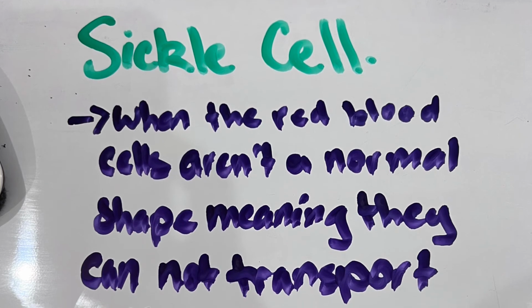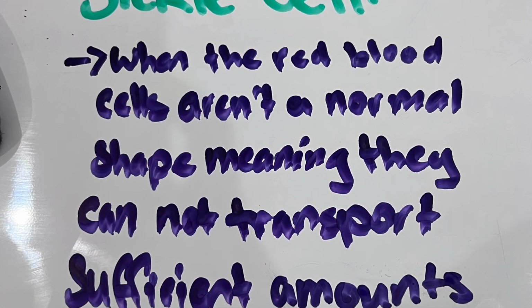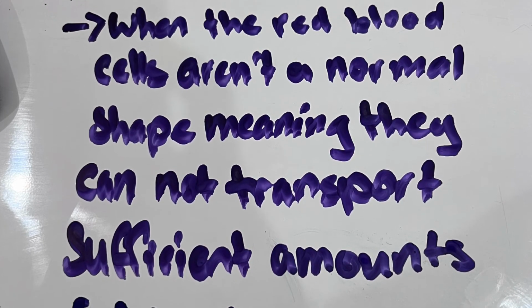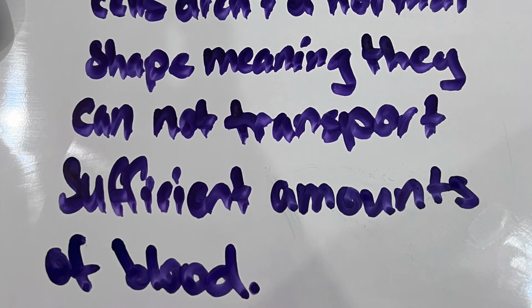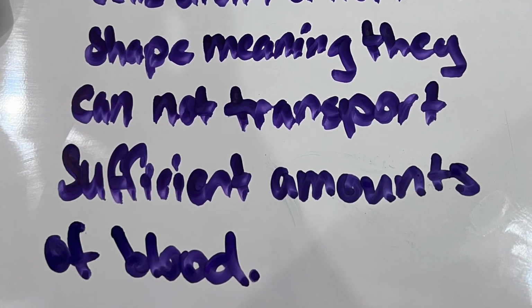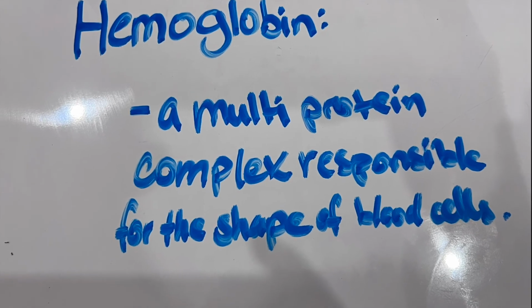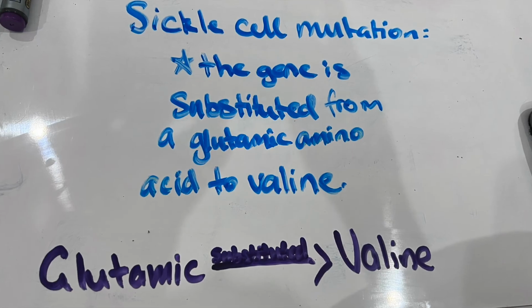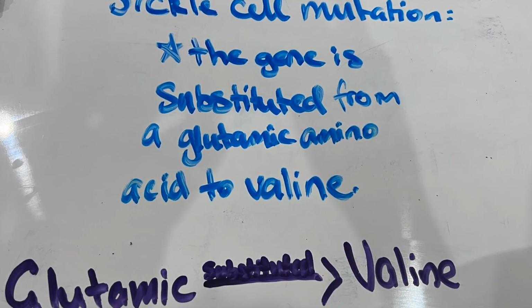Sickle cell is when the red blood cells aren't a normal shape, meaning they cannot transport sufficient amounts of oxygen. Within an individual with sickle cell anemia genes, the mutation is a substitution. Within this mutation, a single base is replaced in the DNA coding for hemoglobin. Hemoglobin is a multi-protein complex responsible for the function of blood cells. Through the sickle cell anemia mutation, a glutamic acid is substituted with a valine